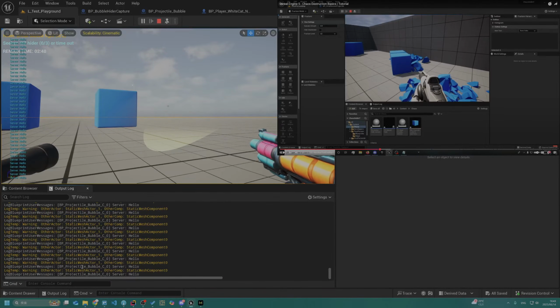Static mesh. Oh, there's a lot of static mesh, but what I want to check is if the adder is